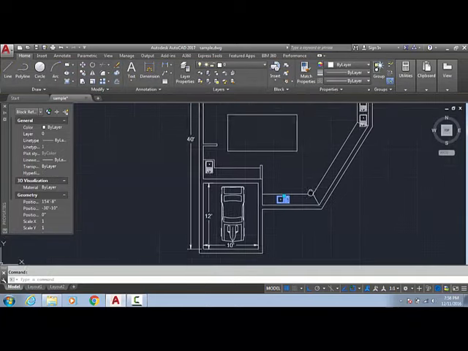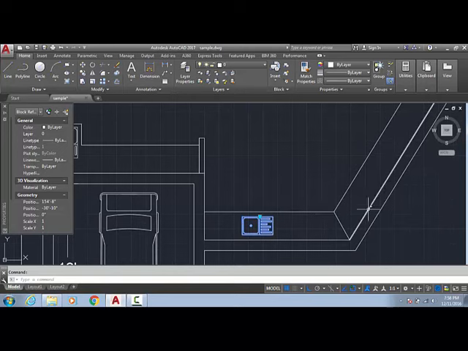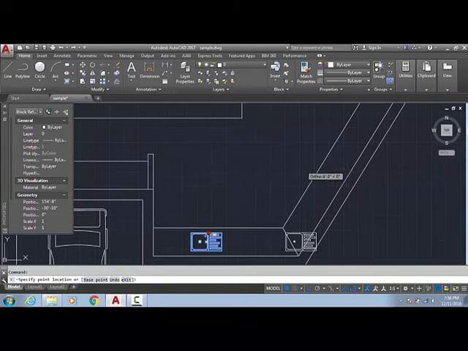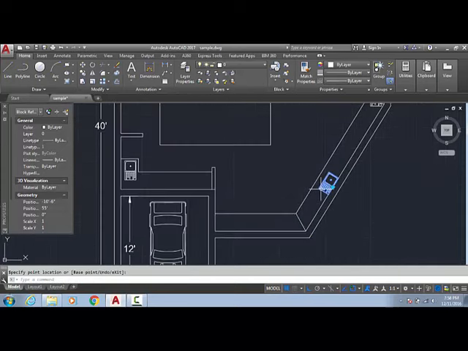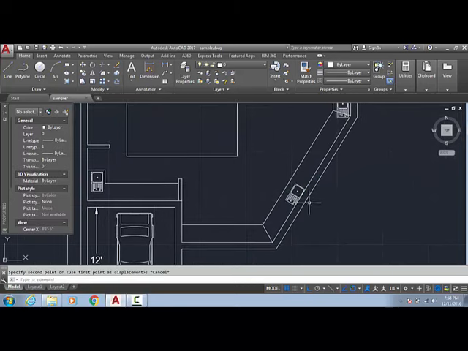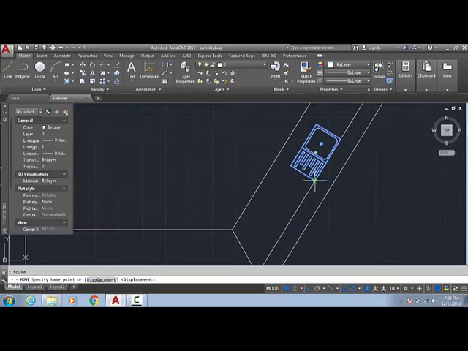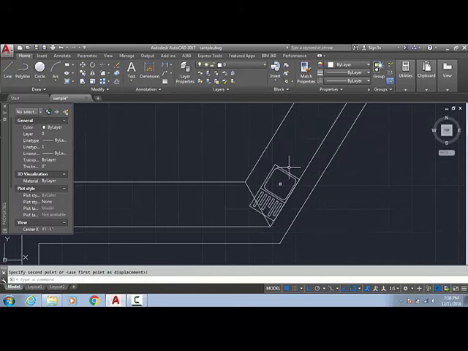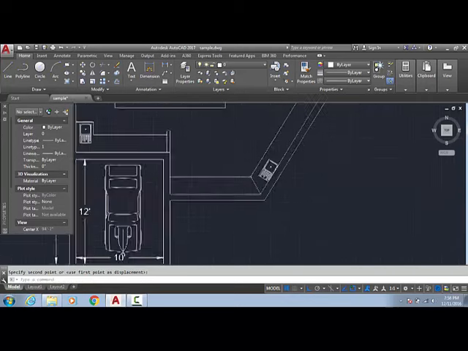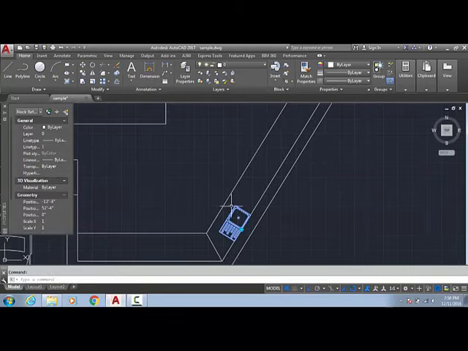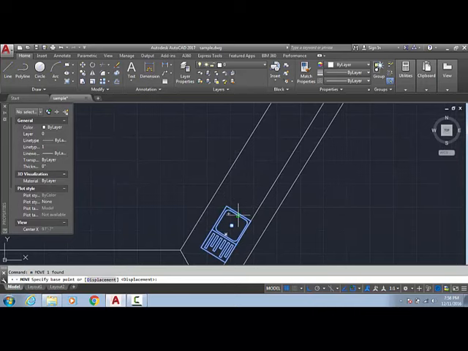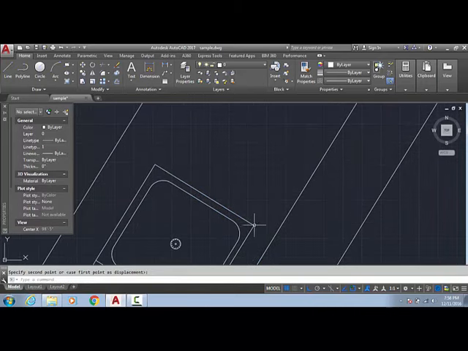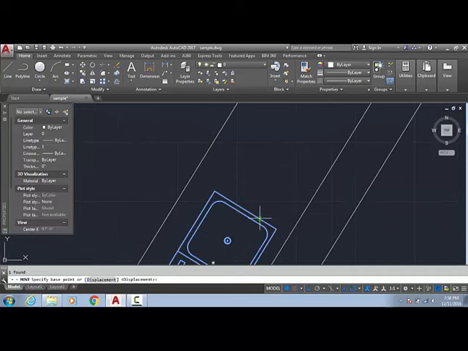Now what happens, I want to put the block in this loop. So just select it and put it here. If I put the cursor on this side, it will put on this side. Now I will move it. So instead of moving from that point, I am moving from this point and putting it here. After giving some space, I am putting it here, again making it quite a bit apart from the wall, or more apart.